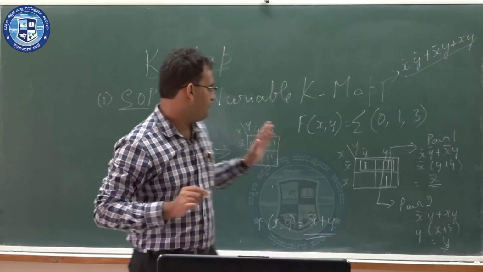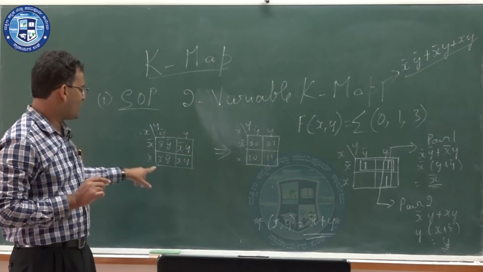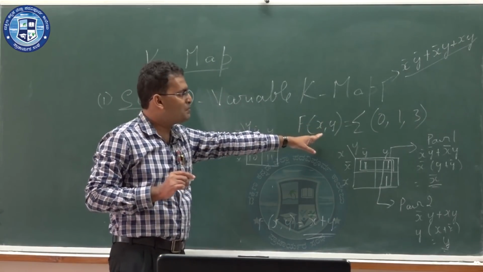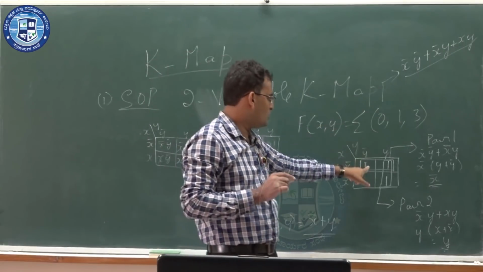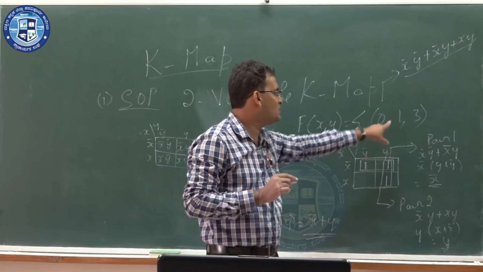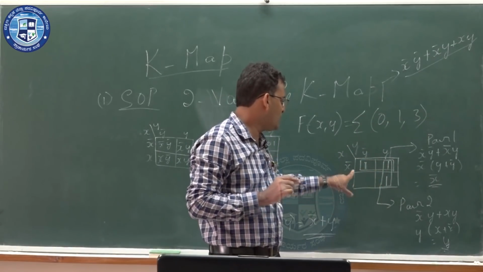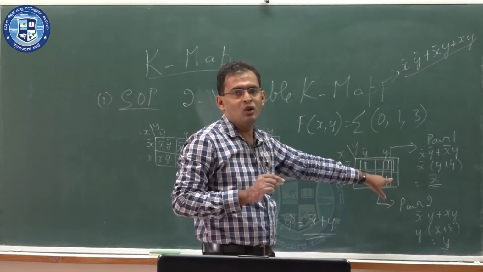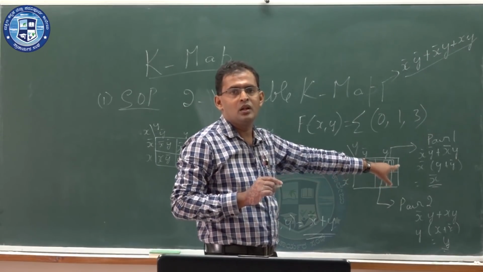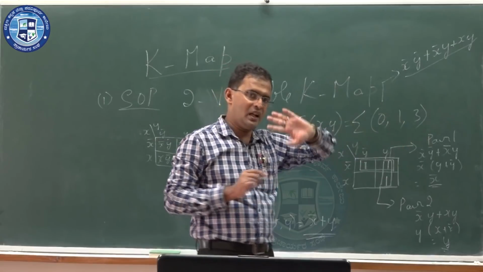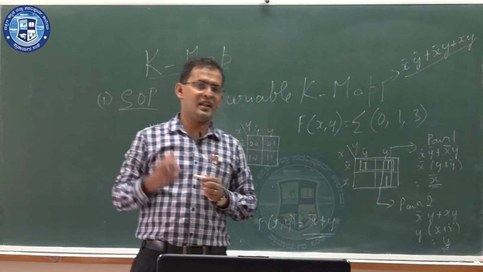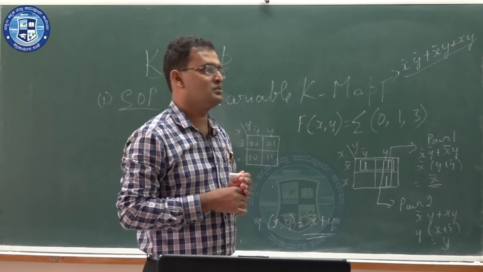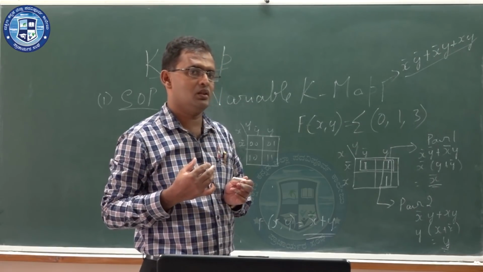I will tell you once again, it is a two variable general K-map for SOP. This we have implemented for an example taken, where 0 is 0 and 0 for both the variables, 1 is 0 and 1, and 3 is 1 and 1. How did I understand this? For which I need to remember the basic truth table that I have learnt in the logic gates as well as in the previous session of Boolean algebra, which gives me the ideology.